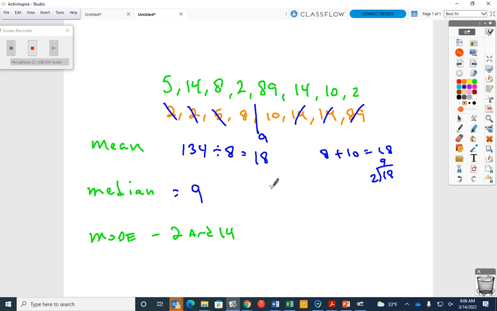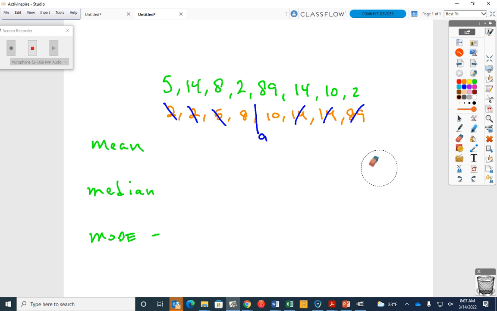But do I need to even do another example of this? It's pretty easy, right? You understand how to find the mean? Yes. You understand how to find the median? Yes. You understand how to find the mode? Yes. Okay. What if on this, what if there was no number that repeated itself? Let me show you one real quick. Let me just show you something that you might see.